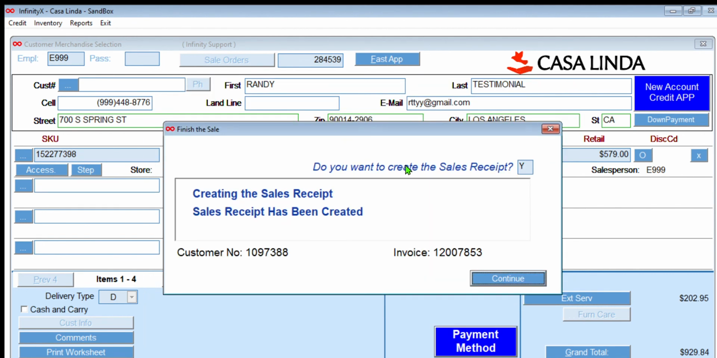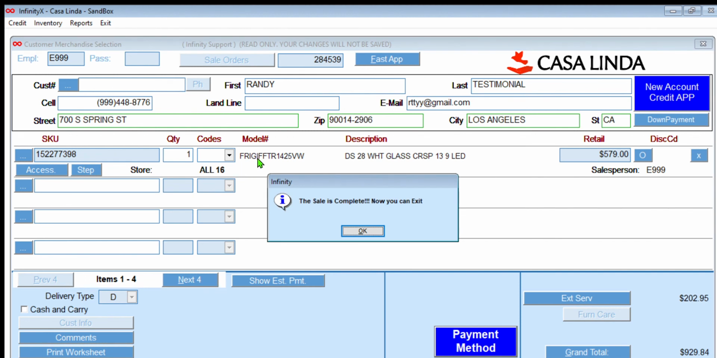Let's go back, and we're going to continue to create the receipt. It lets you know the sale is now complete, and you can exit this screen. The sale is not over yet. You will still need to take this sales receipt over to your cashier's department or office so they can take the Visa card or the cash or however they're going to pay for it. And again, they can change it when they get over there. If the customer gets over there and decides, no, I want to pay with a check, they can change at that point. So let's click OK,